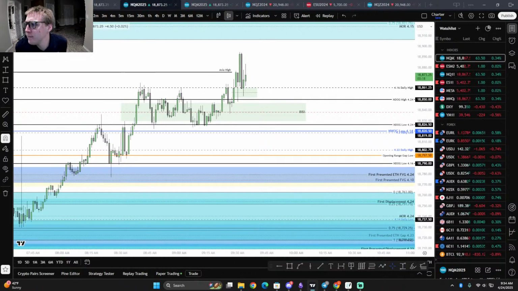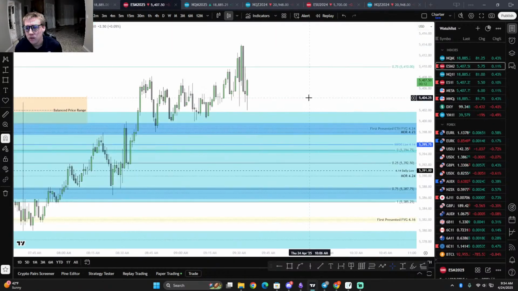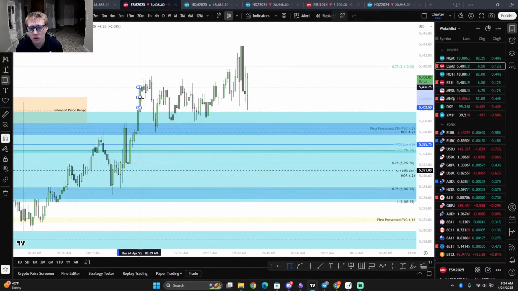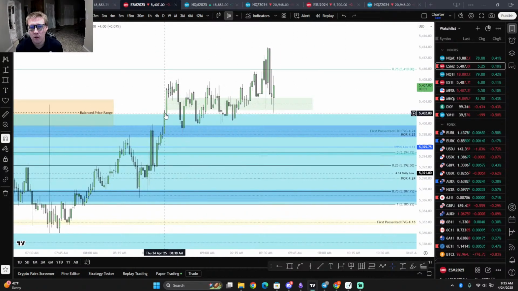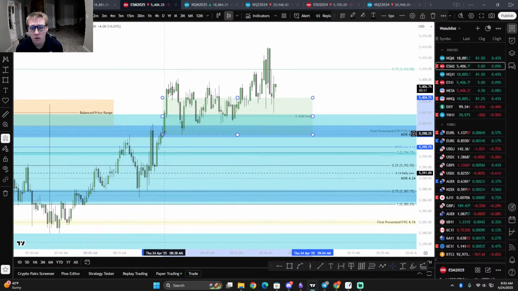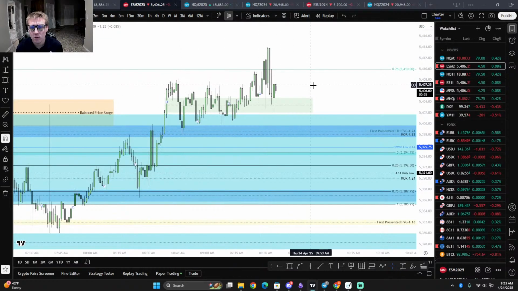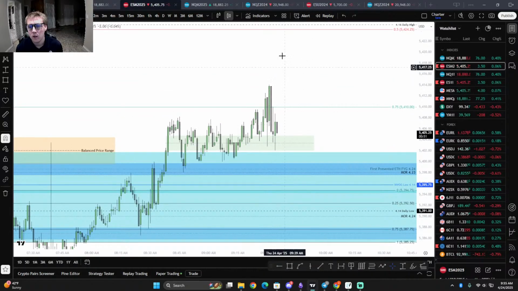ES is lagging here just a little bit, just barely. Look at ES. I like this inefficiency here. It's really part of this as well, so this is all just one large inefficiency, including that volume imbalance. I just want to use this. I want to refine it. Look at the low right there. So see if we expand here.